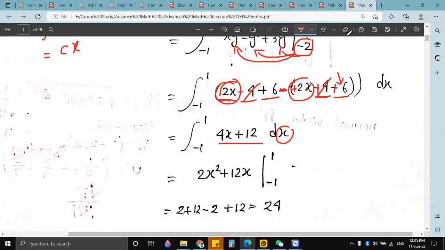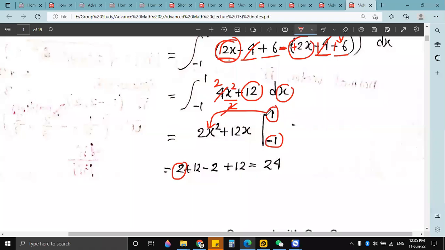So integration of 4x plus 12, that will be we increase the power by 1, and then we divide by the power, and then we can cancel out this 4 and 2, and we get 2 here, right? We can divide 4 by 2, that is we get 2. So 2x square, right? And then the integration of 12 is going to be 12x. Now we put the limit here, we put the boundary here. So now if we just plug in the boundary, we get 2 multiply 1 square, that means 2, and then 12 multiply 1, that is 12, and then minus,